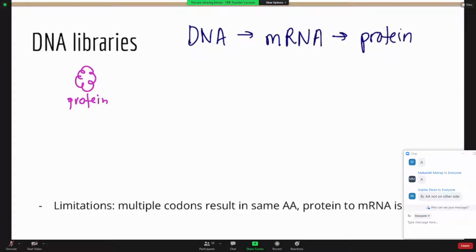But we're starting now with the protein side of things, and we're trying to figure out what the DNA is that codes for that protein. So this process of having a protein, identifying it, and trying to figure out what the DNA is, this is what is called a DNA library. And this is not necessarily helpful to you and me on a regular day, but if you have worked in research, you know that this process could be really helpful. Being able to look at a protein and know what DNA codes exactly for that protein would be really helpful. So the limitation is though, when we're looking at proteins and trying to go backwards,